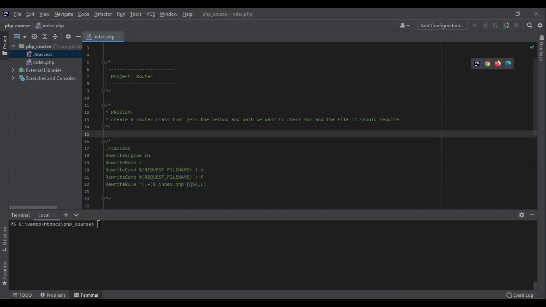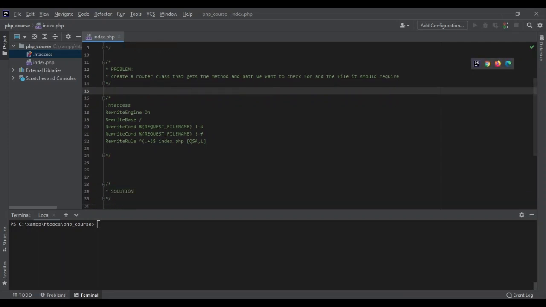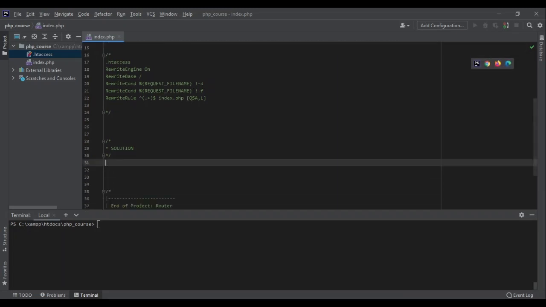Okay, this was not part of the problem. This is something I gave you to just get started. Our solution should be a class, a router class. This router class would have a function that would get the method and the path and the file that needs to be returned. So here we would be writing something like router,